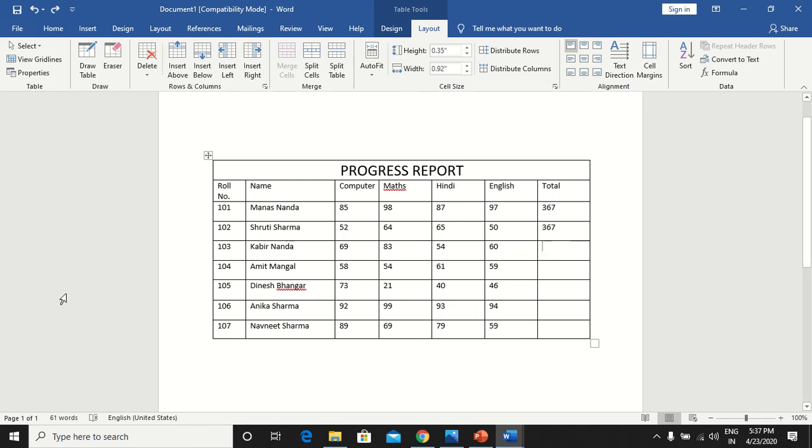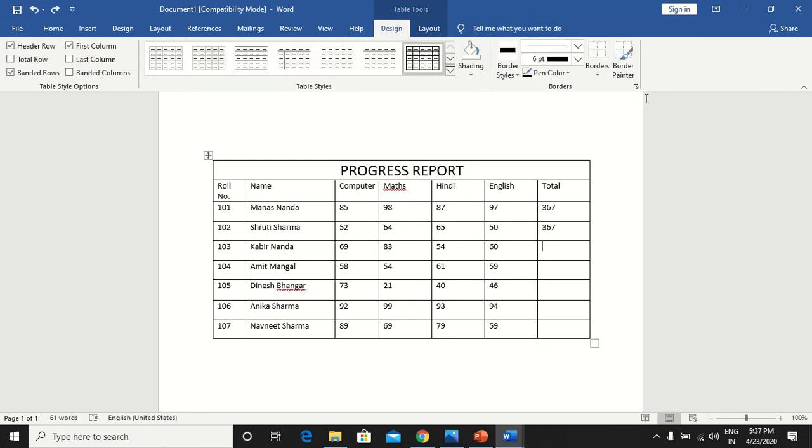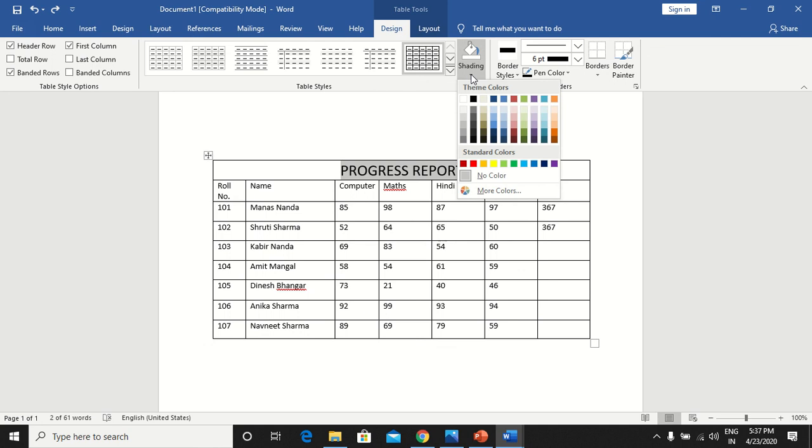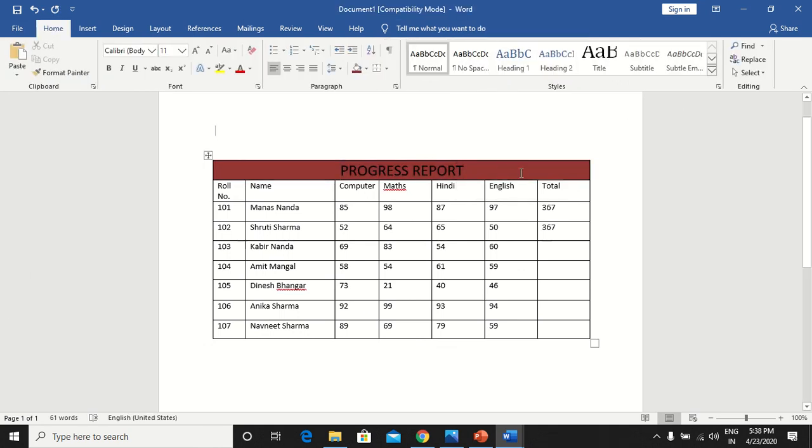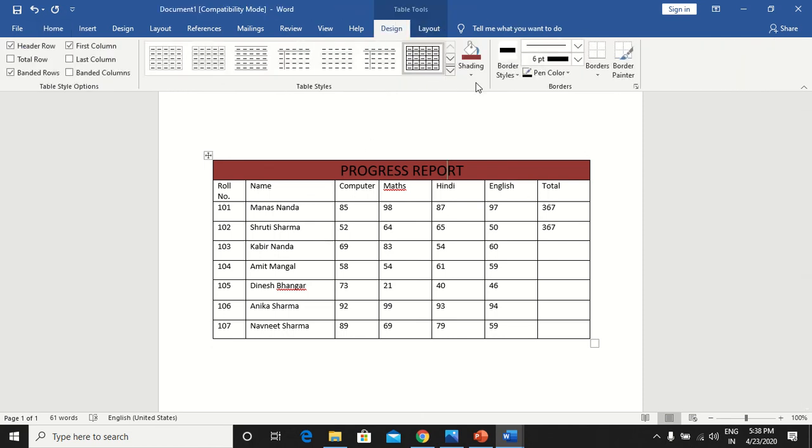Now I want to show you the formatting, how we can change the formatting. For the formatting, I will go to the Design tab. Inside the Design tab, there is a Shading option. First I will select this. I will go to Shading. I will choose any shading. Now you can see it is filled with color. What else can I do?